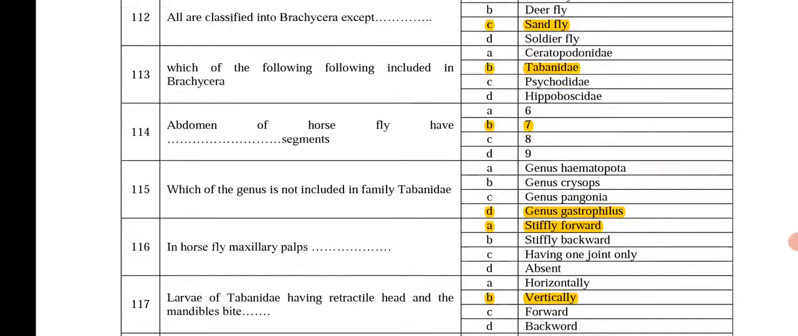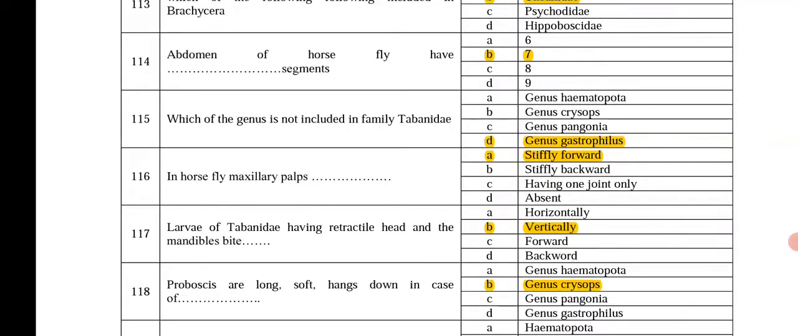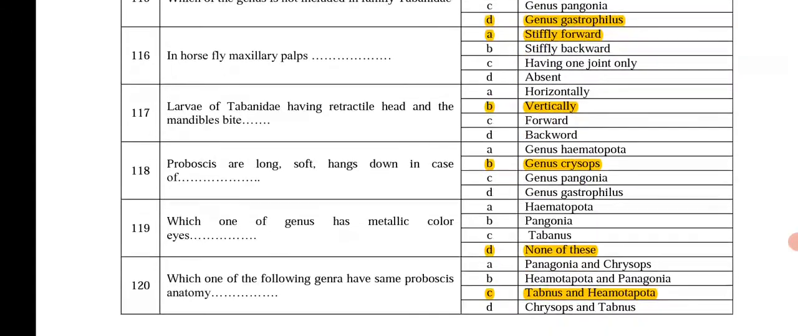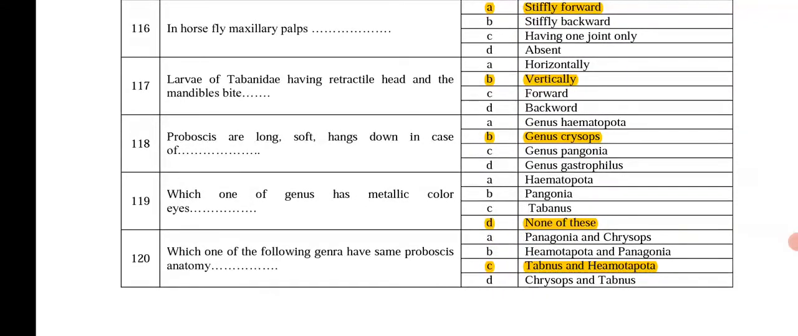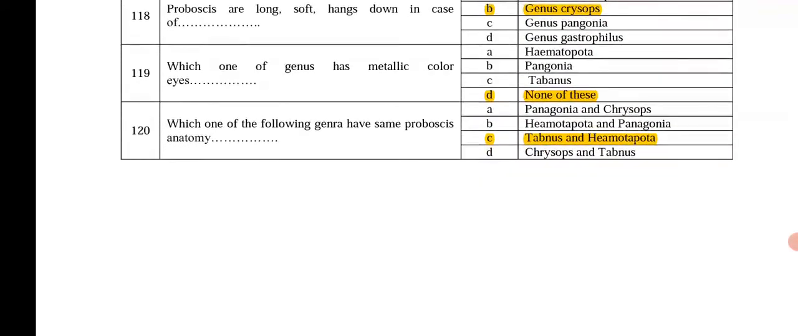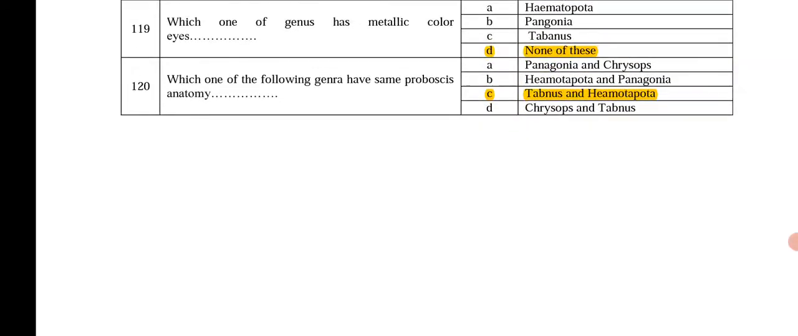Tabanidae. The abdomen of horsefly has 7 segments. Which of the genera is not included in Tabanidae? Genus Gastrophilus. In horseflies, maxillary palps are stiffly forward. Larvae of Tabanidae have a retractile head and mandibles that bite vertically. Proboscis is long, soft, and hangs down in the case of genus Chrysops. Which genus has metallic colored eyes? None of these. Which one of the following genera has this proboscis anatomy? Tabanus and